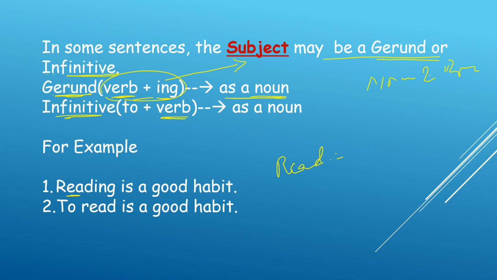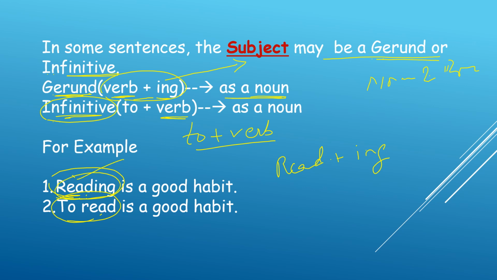It is an action. But if we add ing and if we place it in the place of a subject, okay, as a doer, then it becomes a subject. So this is the third possibility, that a subject can be a gerund or infinitive. Infinitive also is made when to is added to verb and it is placed in the position of the subject. Okay, so reading is a good habit. So we are talking about reading. So reading becomes our subject.